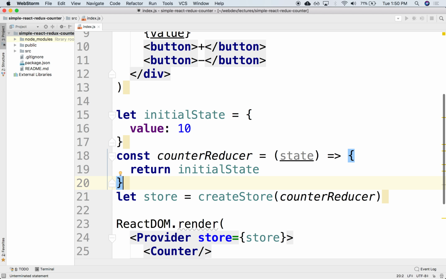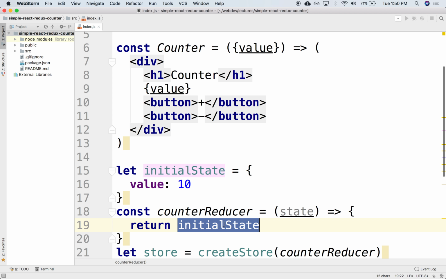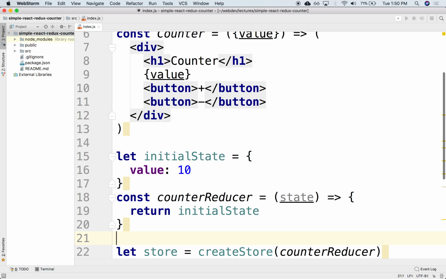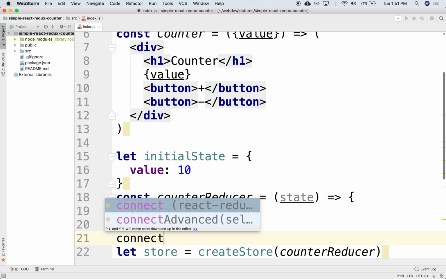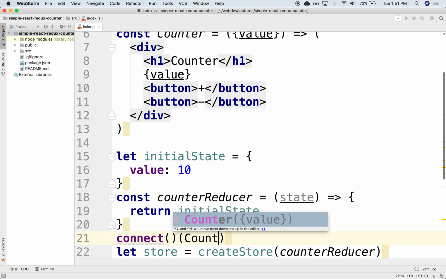We need to somehow say that there is a connection between the counter, that the values of the state, this value that is being generated by the reducer, somehow needs to be connected to a component. That needs to be mapped. So to do that, we need to connect the two, the reducer and the component. We can connect to the counter and say that the data is going to be provided by a